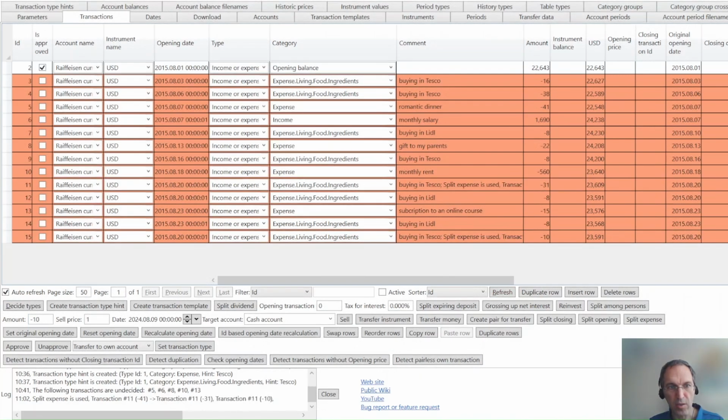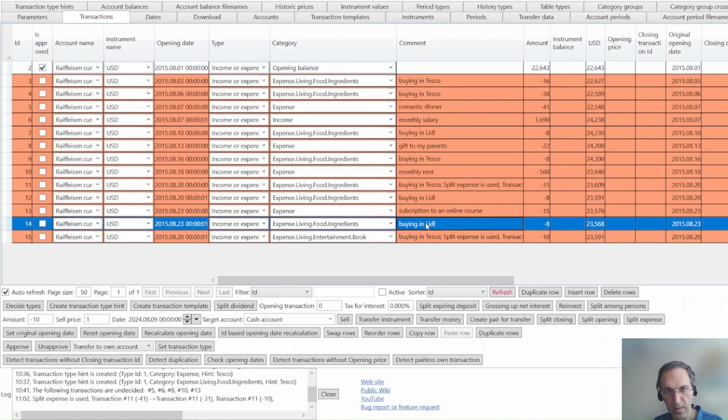Now the transaction is duplicated and the amount is split. Set the category for the new transaction. You may use the Split Expense button again.